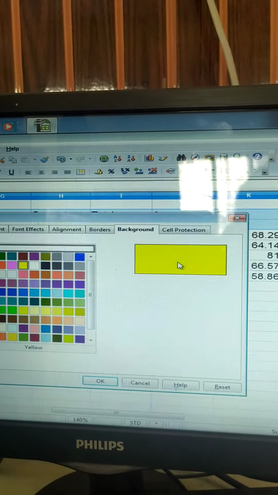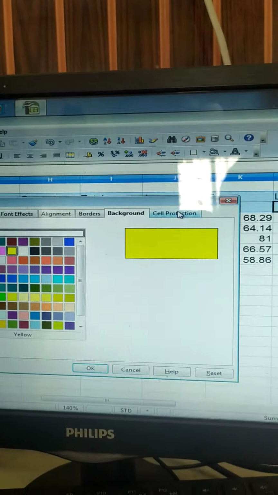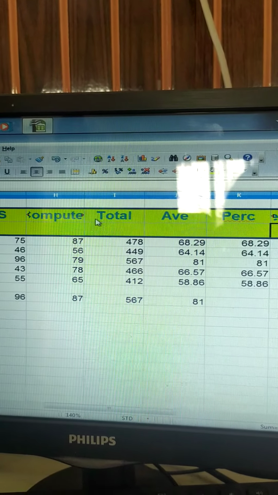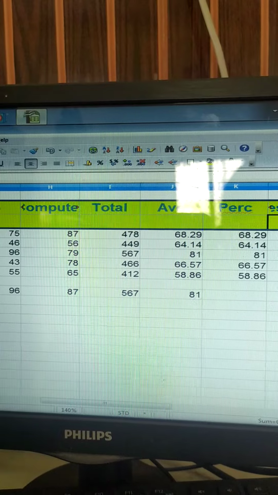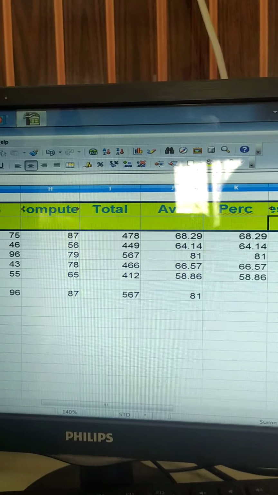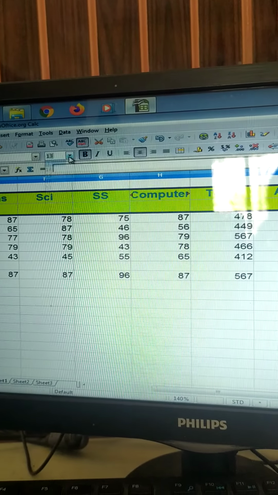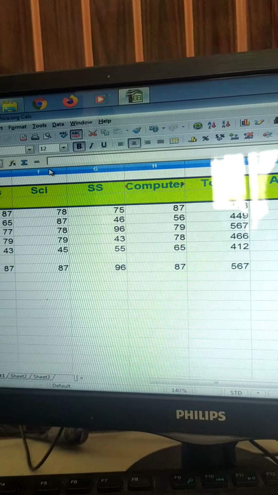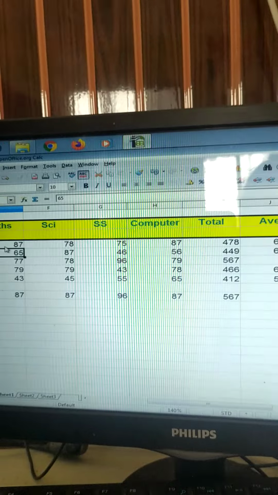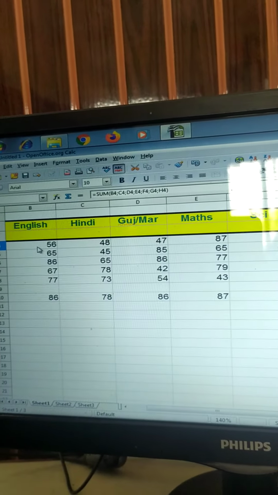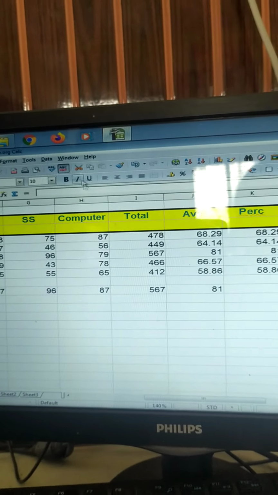Suppose I have kept it yellow, and then click on OK. See? So likewise you can format your cells.